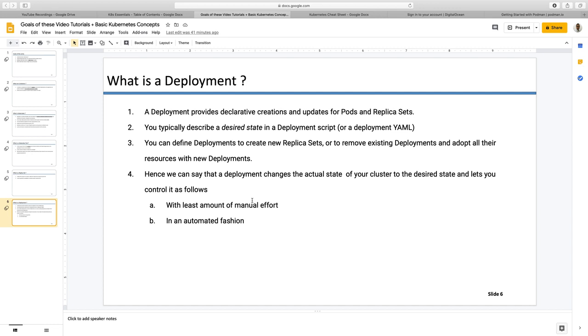What we can say is that deployment changes the actual state to the desired state, and it makes that happen with a very small amount of effort. You just might have to increase a number here and there, and the rest is left for the Kubernetes software to do for you in an automated fashion.